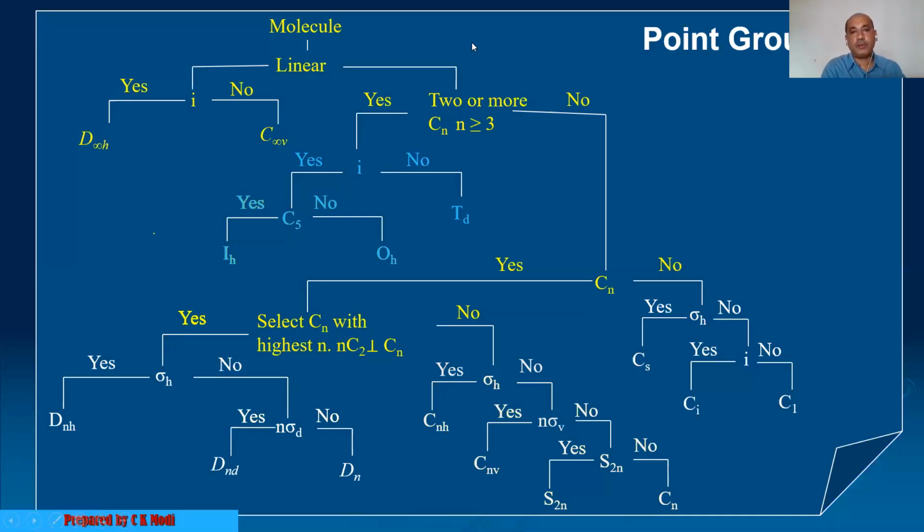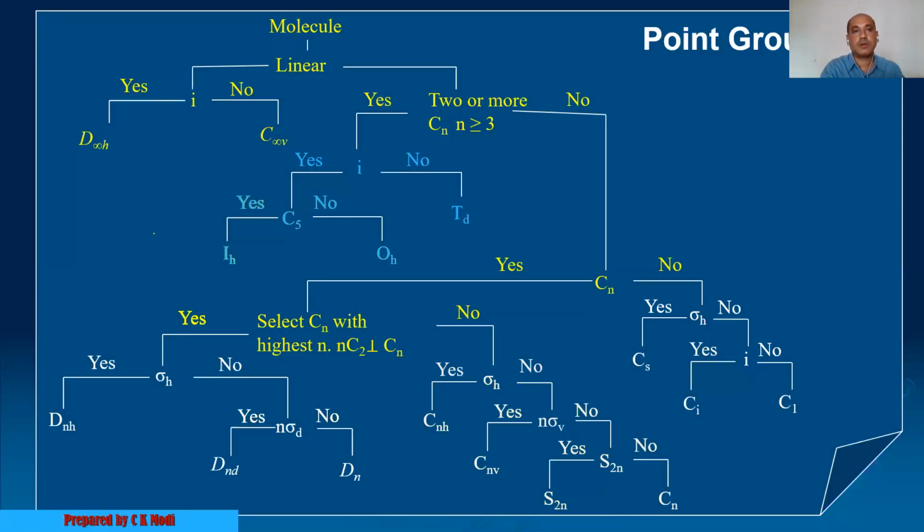Okay. Now, how to derive the point group? Look at this. If the molecule has a linear shape and a center of symmetry i is also present, then the point group is D infinite h. If the molecule is linear, but the center of symmetry i is absent, then the point group is C infinite v. If the molecule is not linear and has two or more subsidiary C2s present, along with the center of symmetry i,